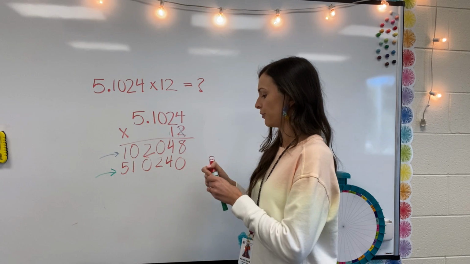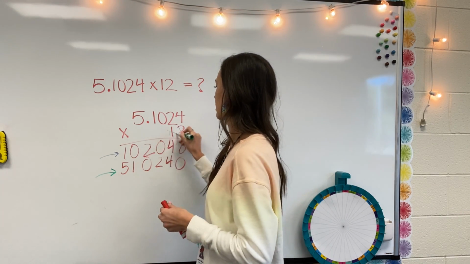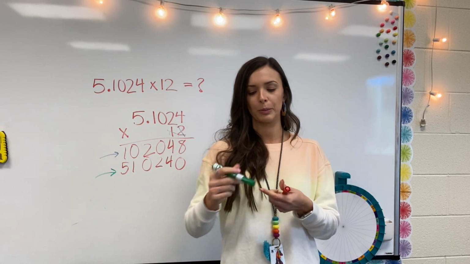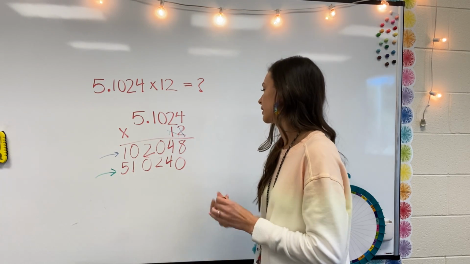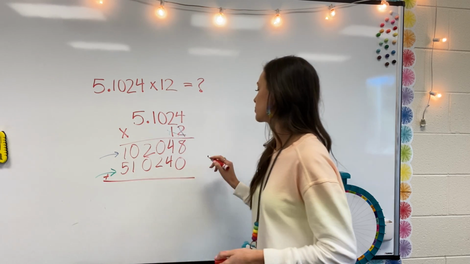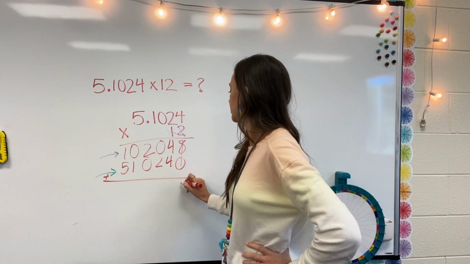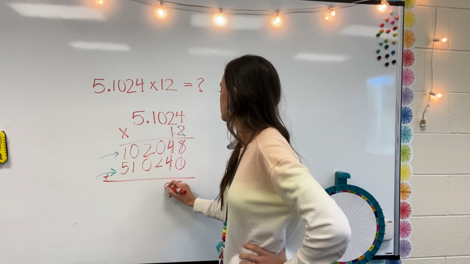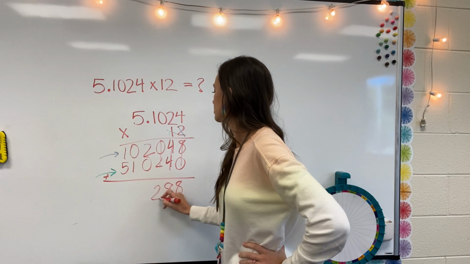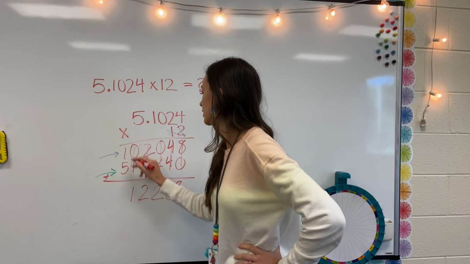So at this point, I'm finished with my ones place. I'm finished with my tens place. What am I going to do next? Do you remember? Right, I'm going to add. I'm going to find the sum of these two numbers. So let's do it. 8 plus 0, 4 plus 4, 0 plus 2, 2 plus 0, 0 plus 1, 5